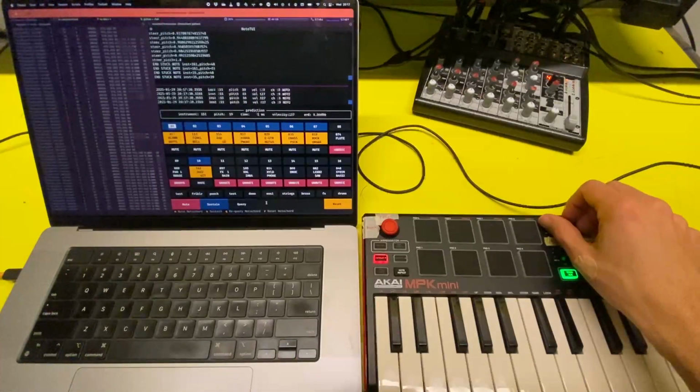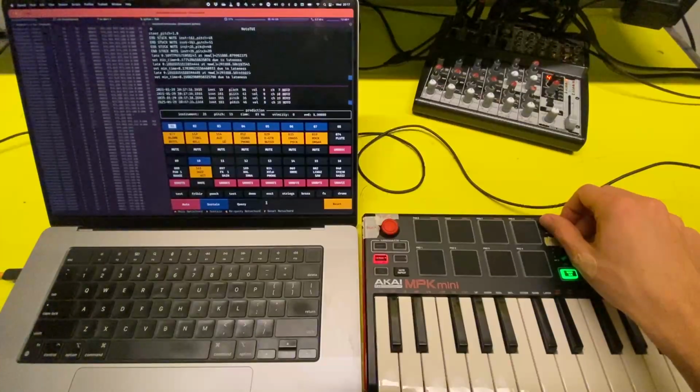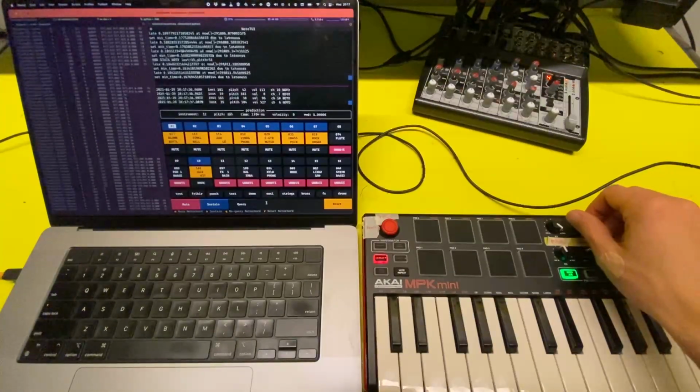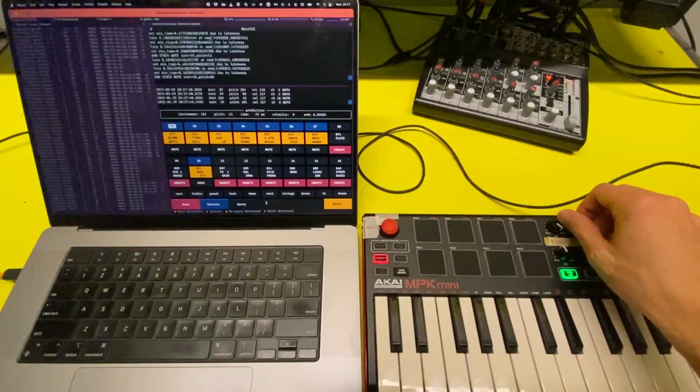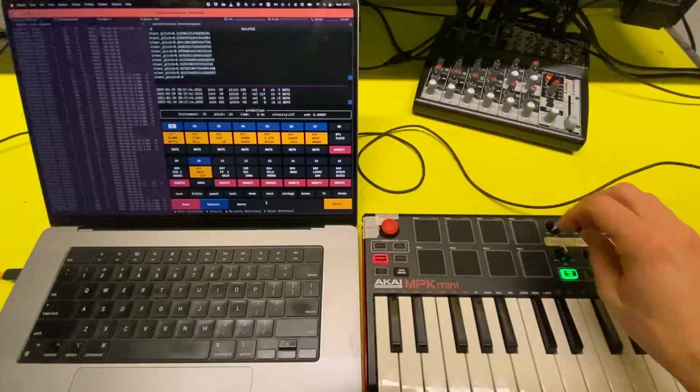Here's a quick example of the soft global steering. When I turn it up, the pitches keep increasing. And if I turn it all the way down,